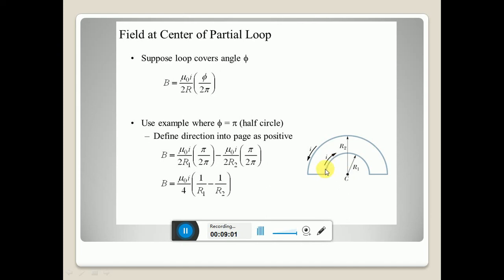So assume that current is flowing in this direction. The direction of magnetic field can be determined by using the right hand thumb rule. In order to determine that, you can curl your fingers according to this direction of current flow. Then obviously the thumb will point into the plane of the board. So the direction of magnetic field due to this R1 will be into the plane of the board. Similarly, the direction of this magnetic field due to this R2 will be out of the plane of the board. You can curl your fingers in this direction so that your thumb will point out. So the direction of magnetic field will be out of this plane for this R2.